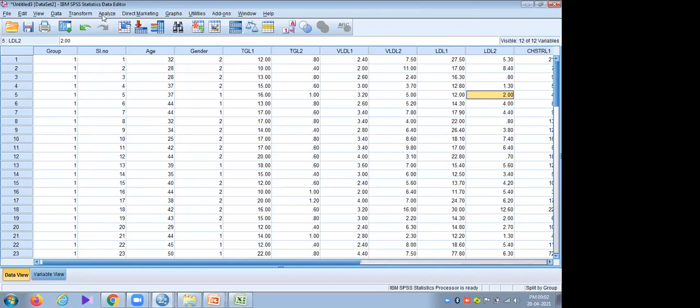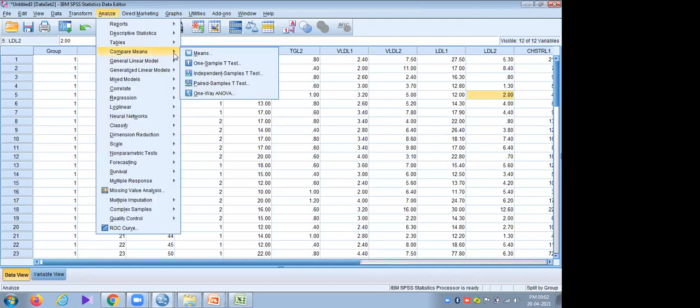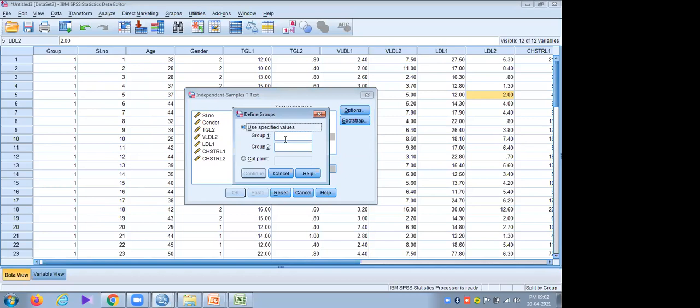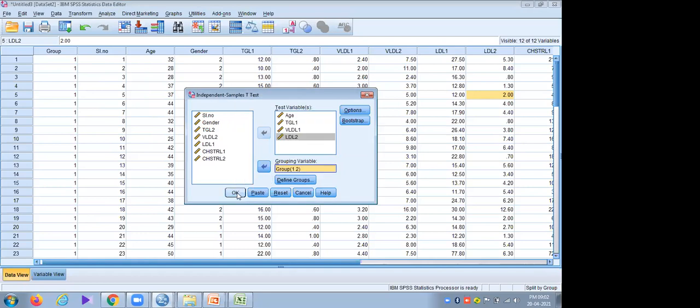So how we do the analysis is we need to go to Analyze, Compare Means. Here it is Independent Samples T-Test, and age, TGL1, VLDL1, LDL2. These are the variables we got as normal, and we need to define the groups. Group 1 we coded as 1 and group 2 we coded as 2. Then press OK.